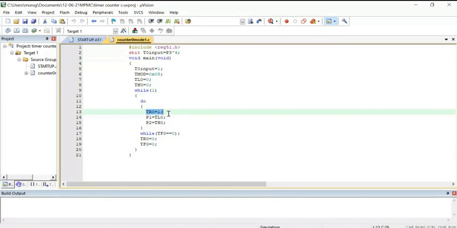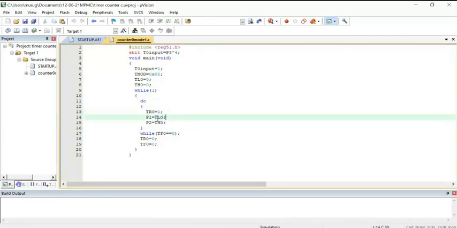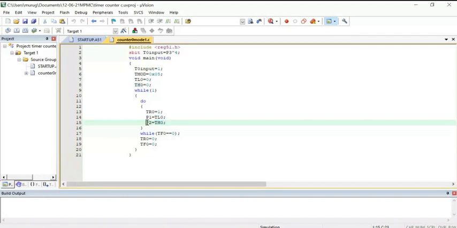Once you start your timer, whenever the external clock pulse enters at the P3.4 pin, timer 0 starts counting the external clock pulses. If you want to display the status of your timer register in the port, in this example I used TL0 status in port 1 and TH0 status in port 2.